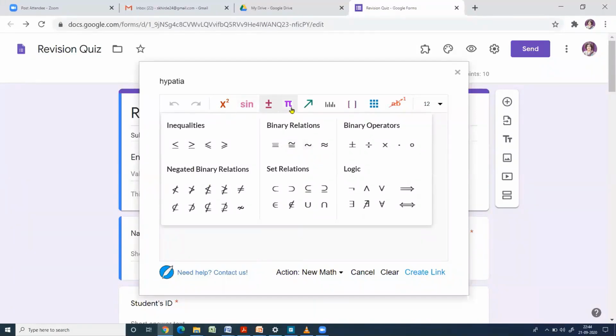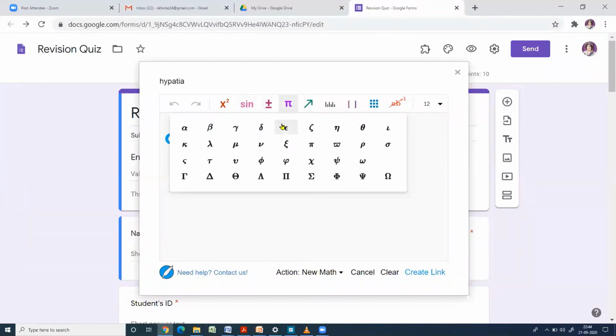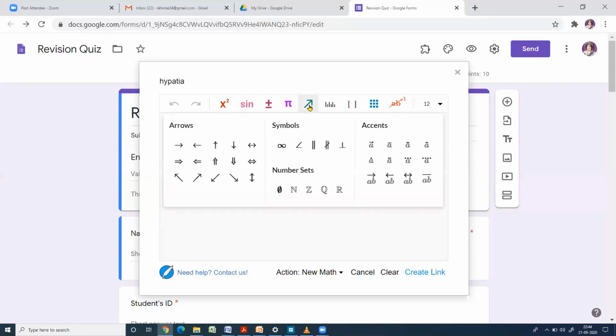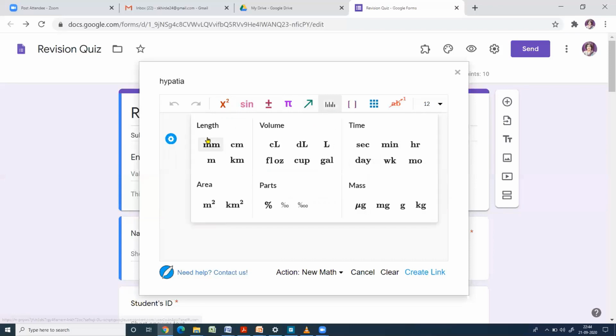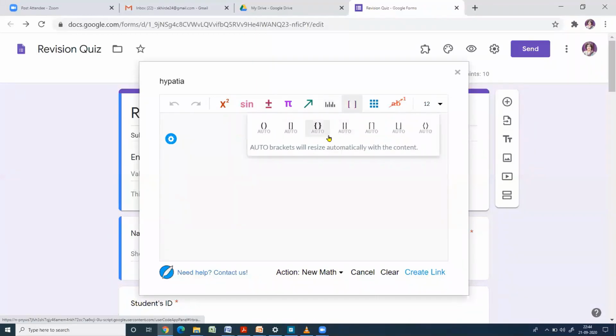Then if you click on this plus minus, then you can get various mathematical symbols which we can use in mathematical expressions. If you click on this pi symbol, then you can see here various Greek notations available here, alpha, beta, gamma, etc. Then click on this arrow, then you can see here arrows and other symbols available to use in the mathematical equations. If you click on this, you can see the units for length, volume, time, etc. for area. So millimeter, centimeter, second, minute, etc. Then if you click on this, you can see various types of parentheses available to write the equation.